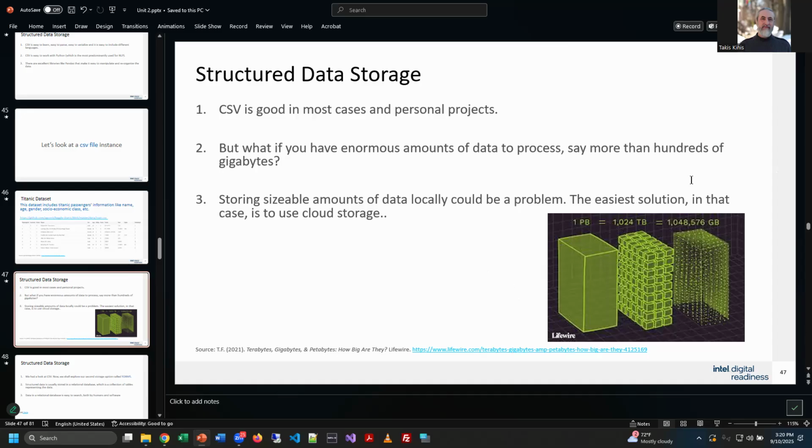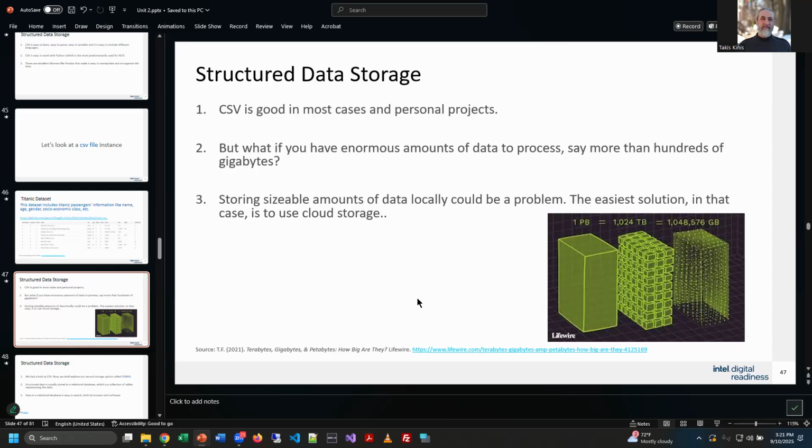And then we look at the little chart here. If you have 1,000,000 gigabytes, that's a terabyte, and some of us have hard drives that big. But what if you have 1,024 terabytes? Well, that's a petabyte. And if you look at how much data we produce, we produce so much data. These scales are going off the charts. The problem is once we get past a terabyte or two of storage, most of our local machines run out of space, so then we're looking at hard drives, and then we start filling those up.